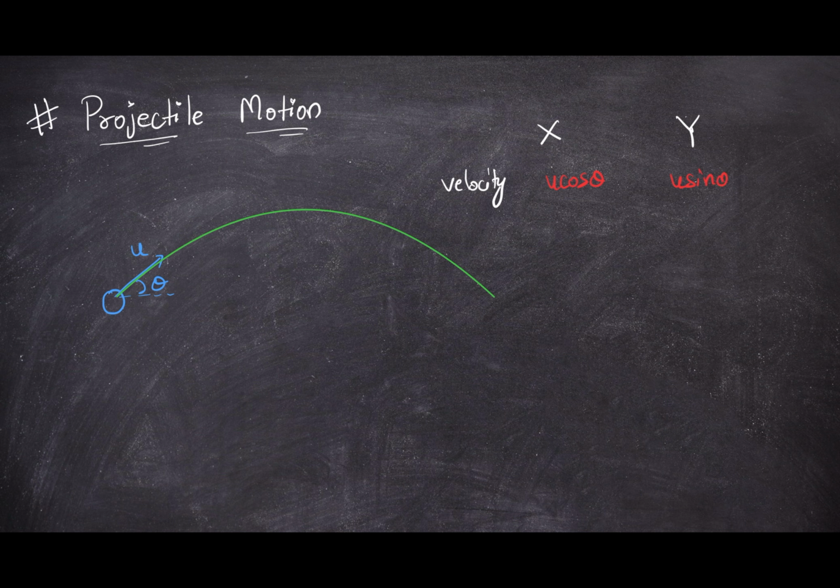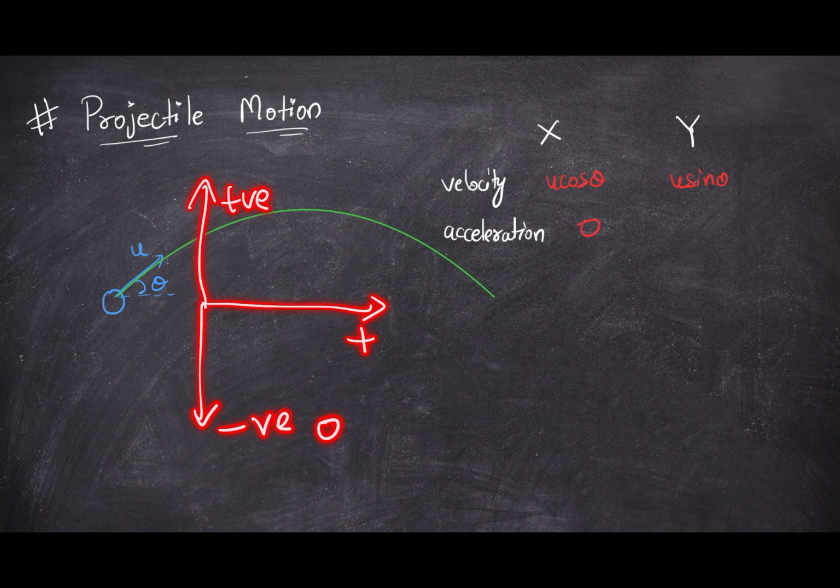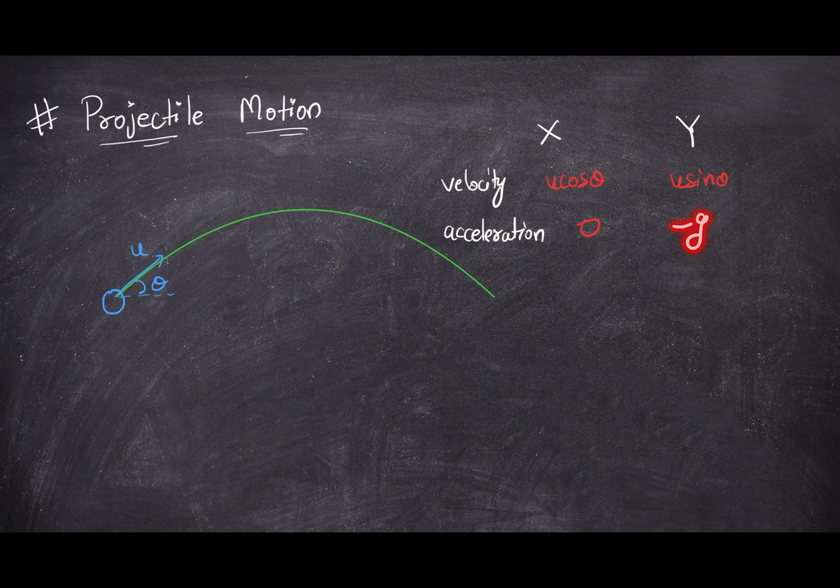And I told you, gravitation always acts downward. Everywhere gravitation acts downward, okay? So for acceleration, along x it is 0, along y it is downward. Let's say I'm taking x as positive, up as positive y. So gravity acting downward is along negative y axis, so I will take it as minus g, right? Okay, so till now it is pretty much good.